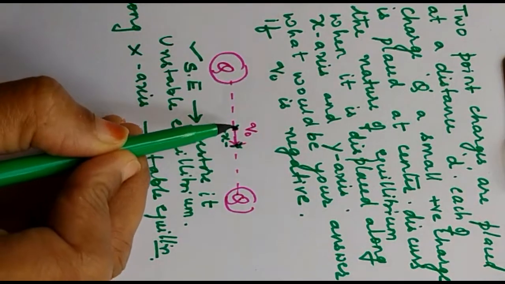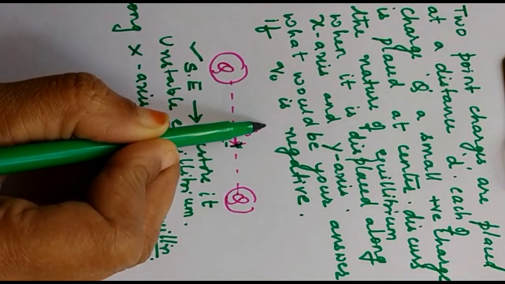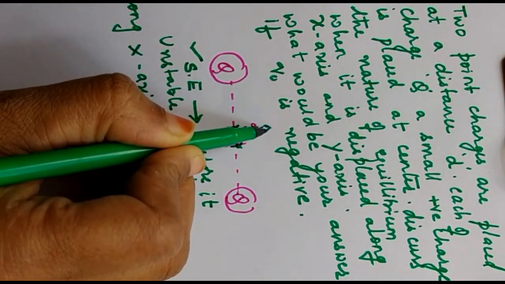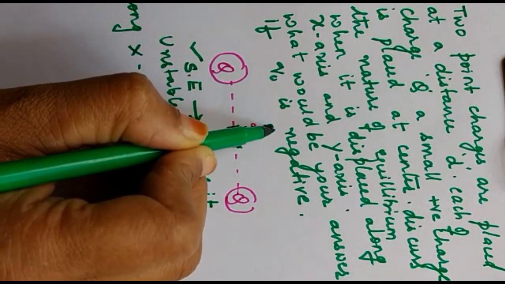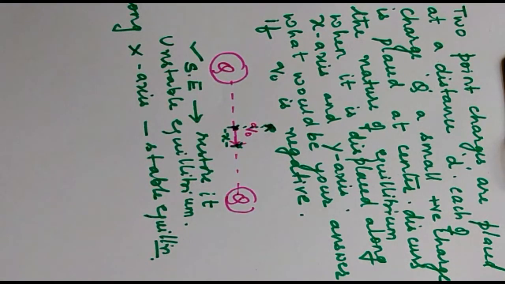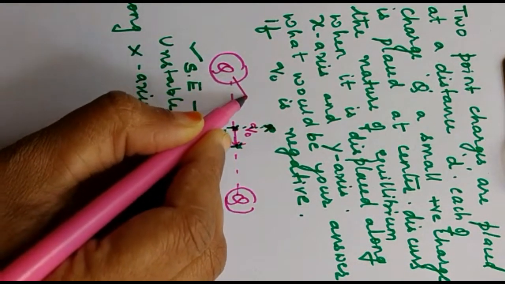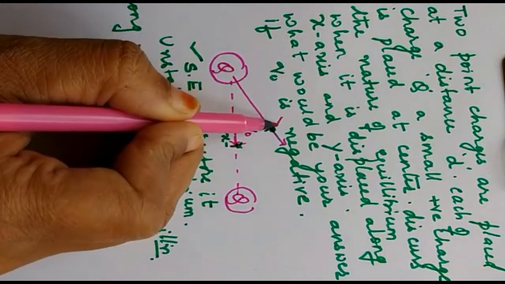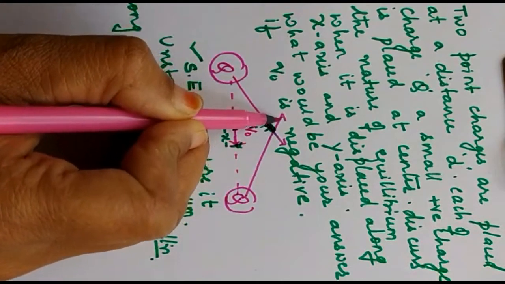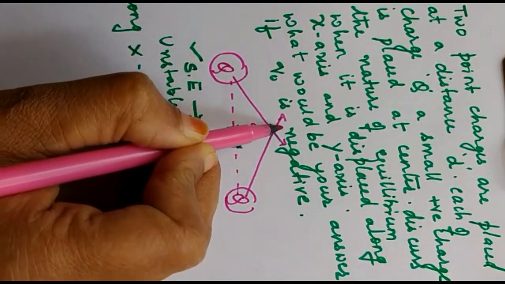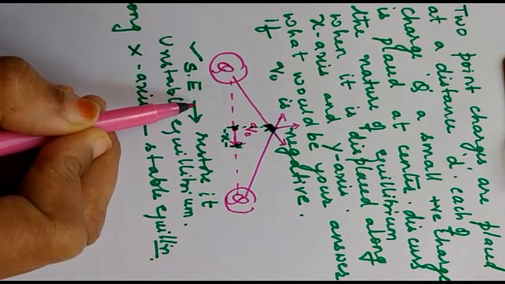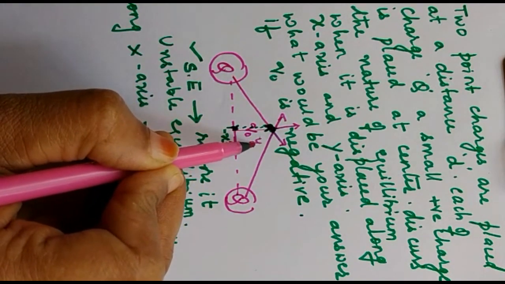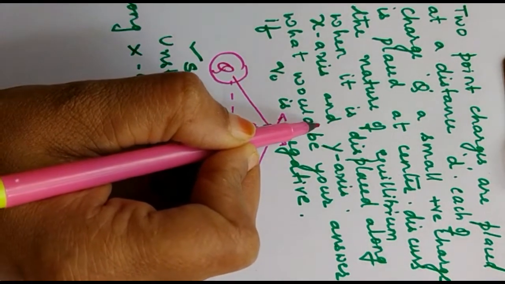Okay, so let's see what would happen when you displace this charge along the y-axis. If you move the charge along the y-axis, say I have given a small displacement till here. Now the charge is at this particular position. How many forces is it experiencing? One force of repulsion due to capital Q and another force of repulsion due to capital Q. Both are equal in magnitude. The resultant will act in the upward direction. So if you have displaced the charge along the y-axis, the net force is acting in the same direction.